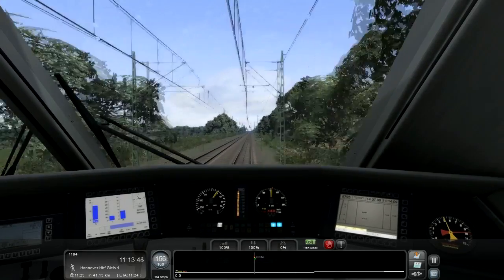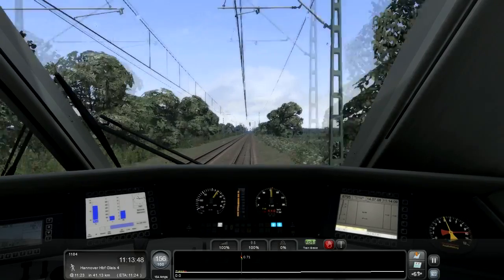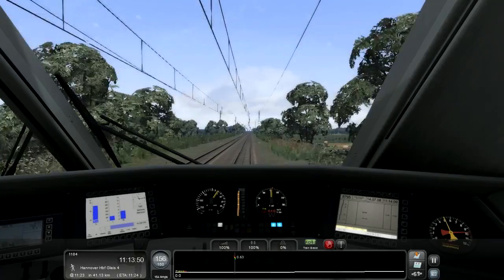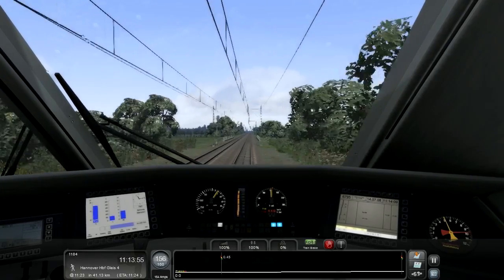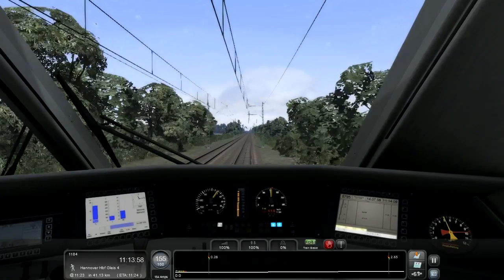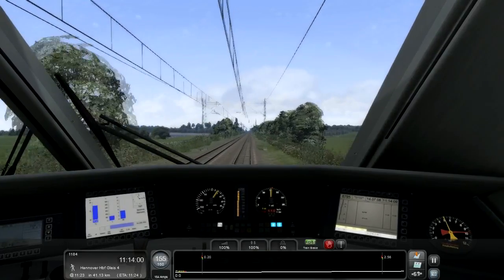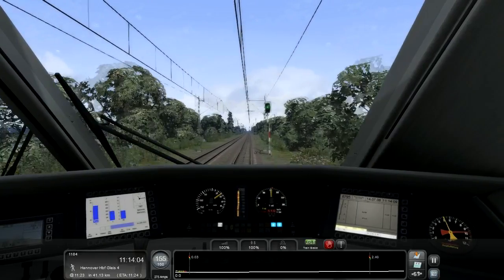And I think when you had a red signal, for example, the passenger train has to slow down to 85, and when you had the signal closer, you have to slow down to